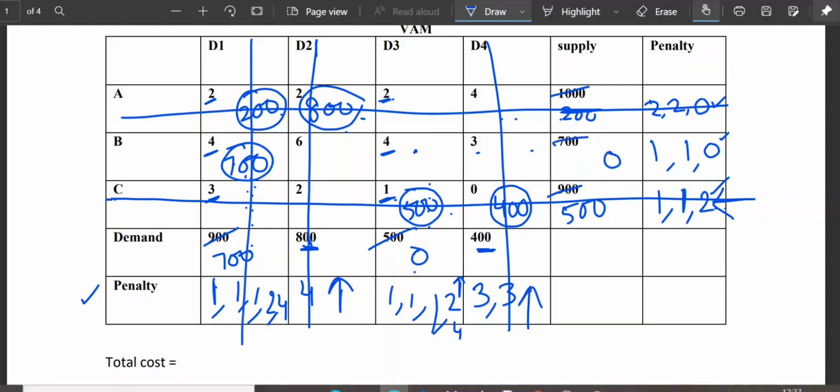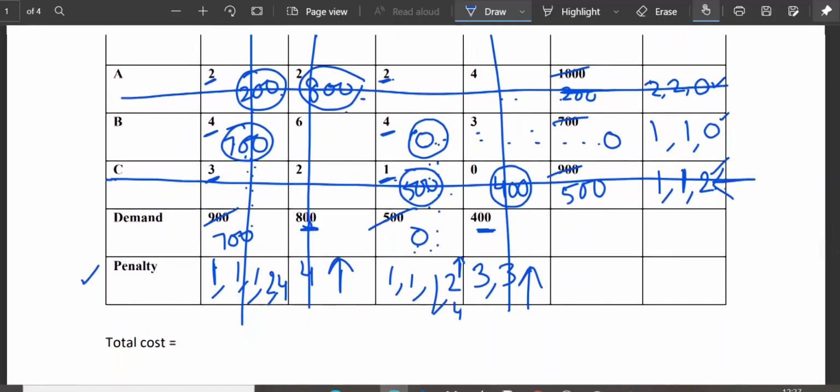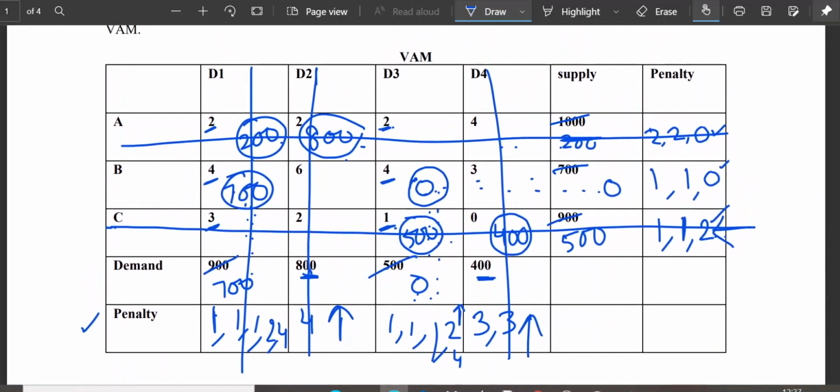So I take the difference as 0 here. Okay, now only one cell is left, so I will mark here. See, 0 is the demand for this cell and 0 is the supply for this cell. You all can see that. So finally we have to put 0 here. If we get the same number for the last cell in the demand and supply, my answer is correct. So this is the solution by Vogel's approximation method, right? We have calculated the initial solution by Vogel's approximation method.